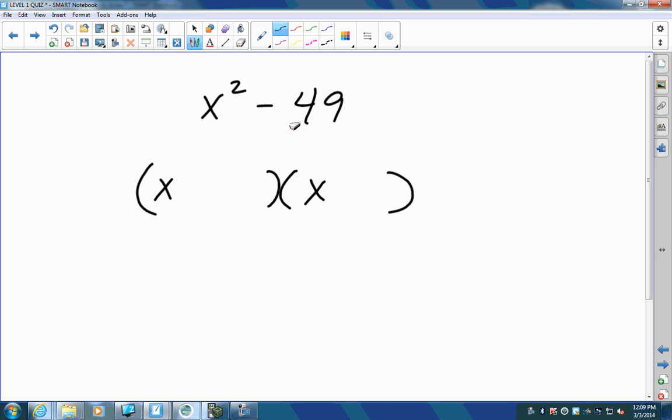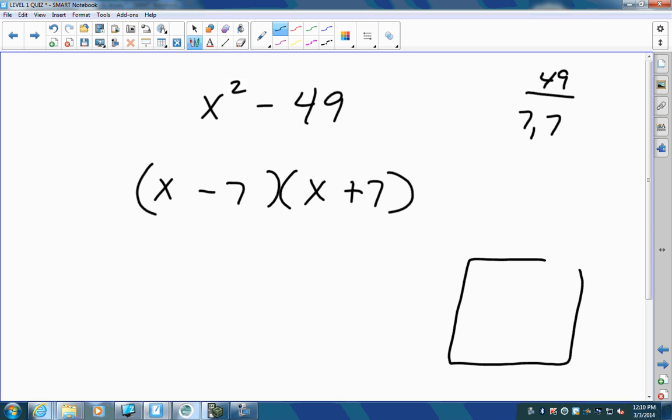What factors of 49? What are the factors that are the exact same number? Yeah, 7 times 7 is 49, right? Okay, so what I would do is do minus 7 and plus 7. Because when you go through to do this, and if I went to multiply and do the box, x minus 7, x plus 7, x squared,